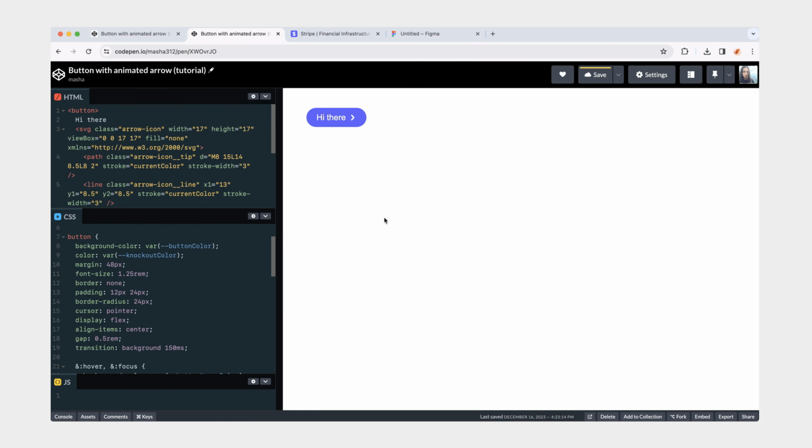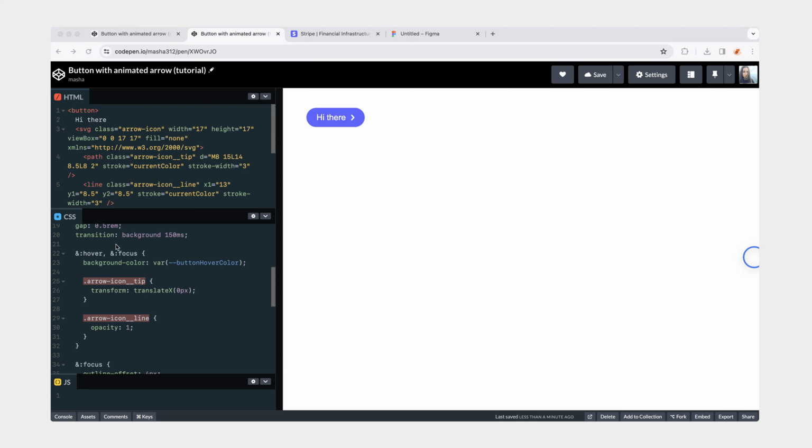One other thing that I'm going to do is, right now we have padding left and right both set to 24 pixels, but optically, because of this icon, it looks like the padding on the right is bigger than on the left. So we're going to adjust it. I'm going to say 20 pixels for padding right. It is a little smaller, but it does look better this way. And that's it for this animation.